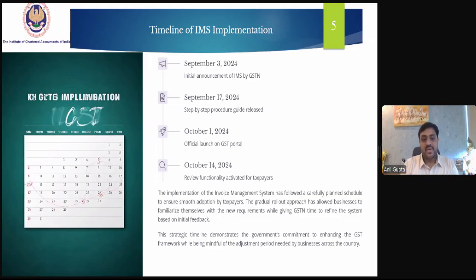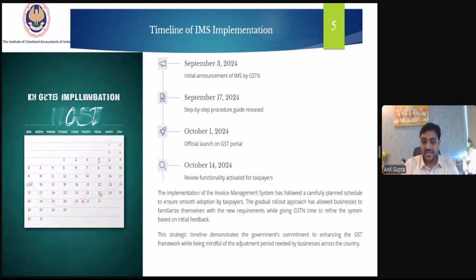The implementation of the IMS has followed a carefully planned schedule to ensure smooth transition or adoption by the taxpayers. The gradual rollout approach has allowed businesses to familiarize themselves with the new requirements while giving GSTN time to refine the system based on initial feedback.